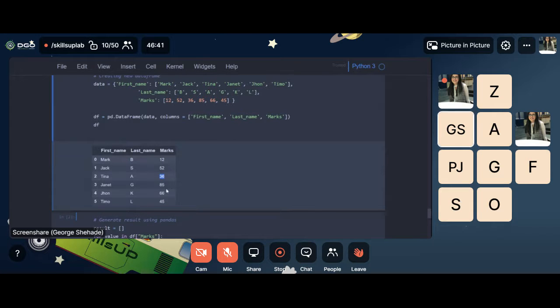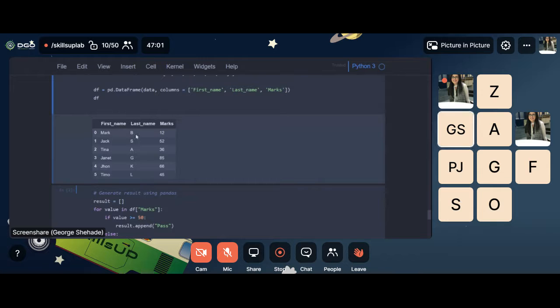We don't know that. So here we need to create a new column, and for each mark, we have to add a text, so pass or fail. We will see how we can do that easily